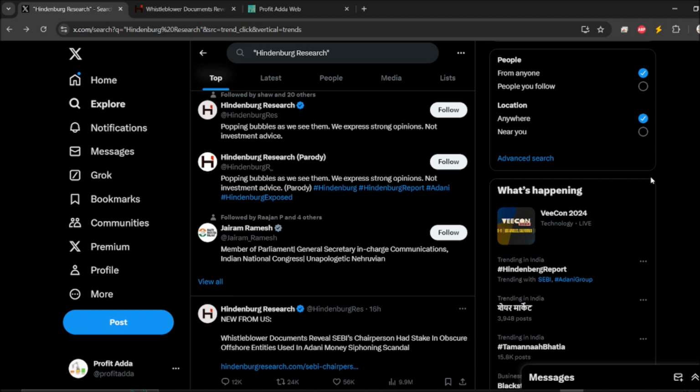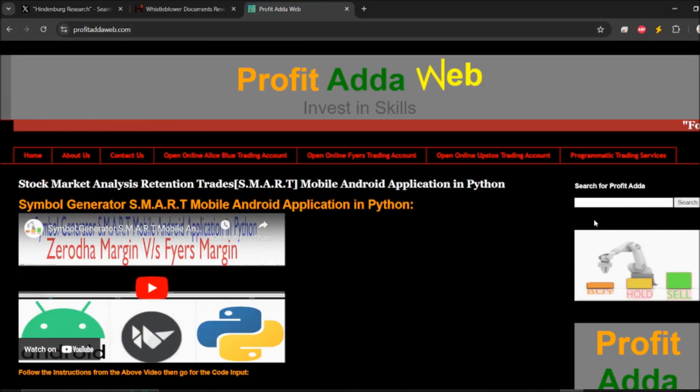NLTK is definitely a large module. Instead of that you can use TextBlob, and if you prefer to go further, you can go with NLTK as well, which is natural language processing. I have already done a video, you can check my channel, on PDF extraction, how you can get a PDF and extract the text, which is related to sentiment analysis.